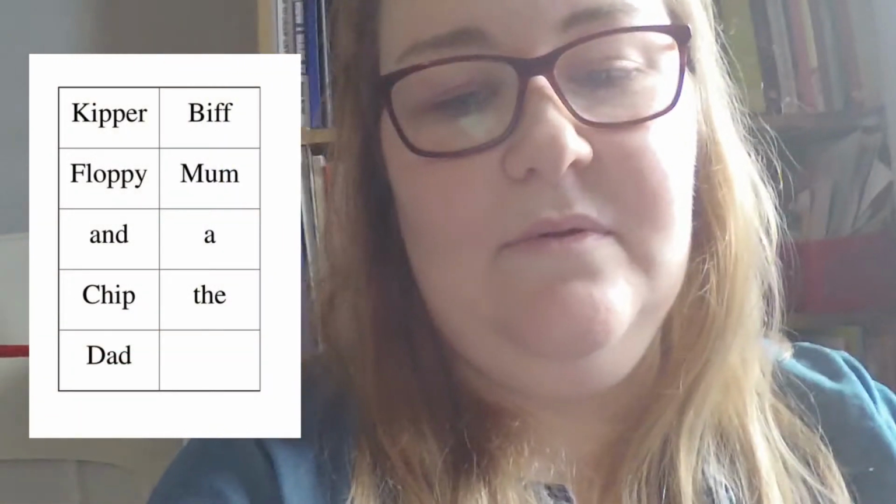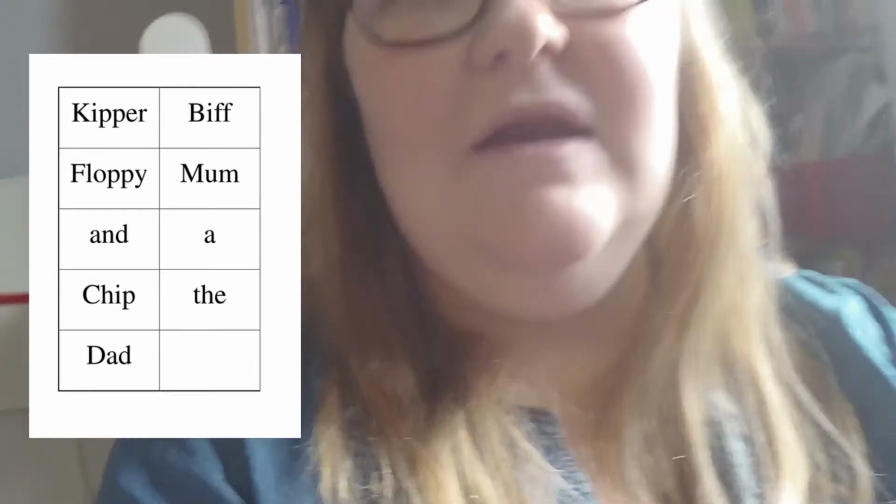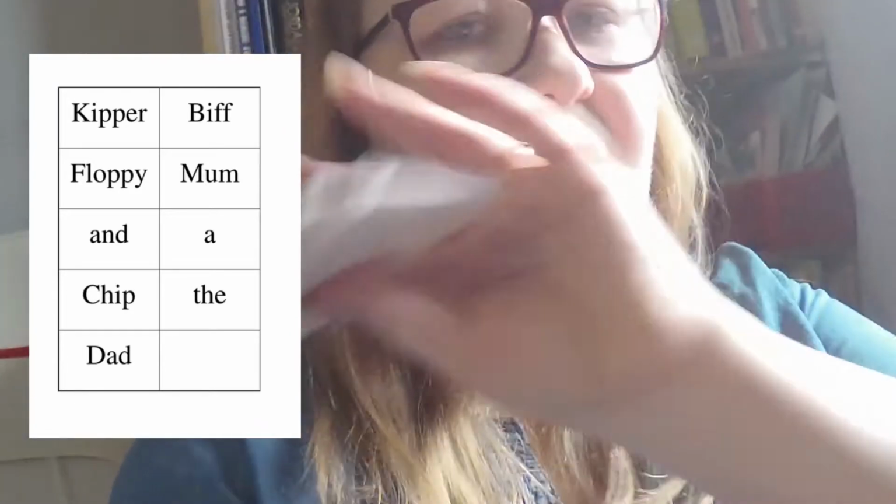So I then started doing things like, with the Floppy and Kipper books that I showed you earlier, I made prompt cards. So I laminated them, and little things like Dad, Biff, Mum, Floppy, and Kipper. Now what we did is I had a big A4 piece of paper with all these on,